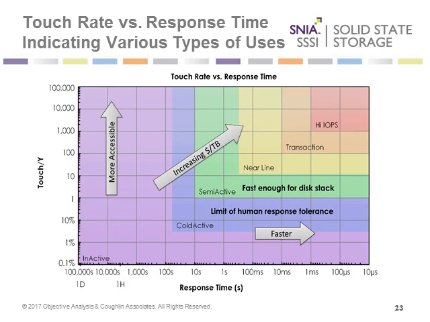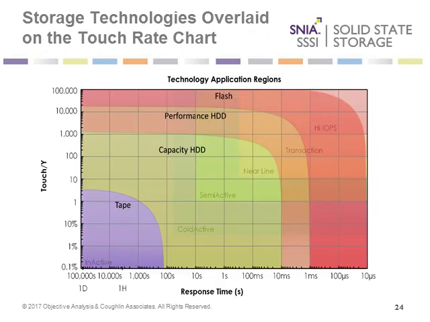In fact, if we go to the next slide, we can see now overlaid on that prior chart of the touch rate versus response time, characteristics of different types of storage devices. Flash memory is at the far right there, going into the high IOPS and transactional mode. And by the way, the place where you tend to operate these devices is going to be at the knee of the curve. That's where you get the best trade-off in terms of the performance and the accessibility. So you tend to work in that area there. So you can see the range of where flash memory devices are going to be operating.